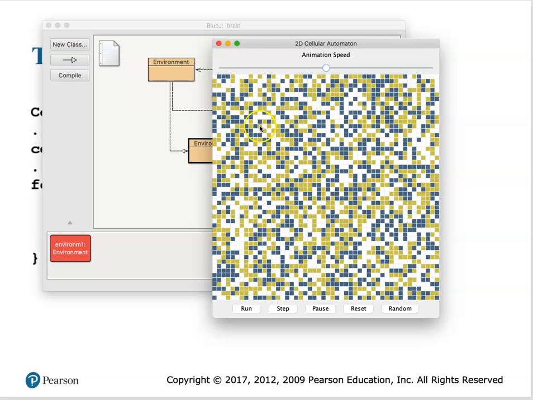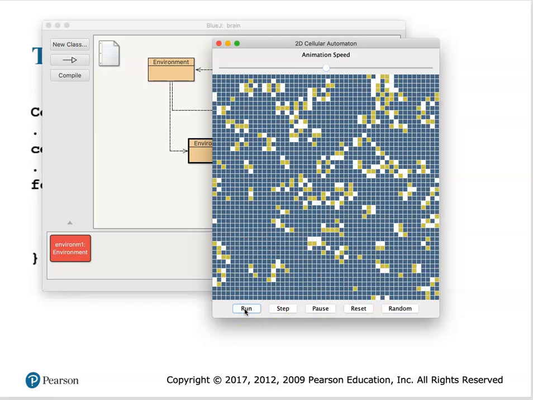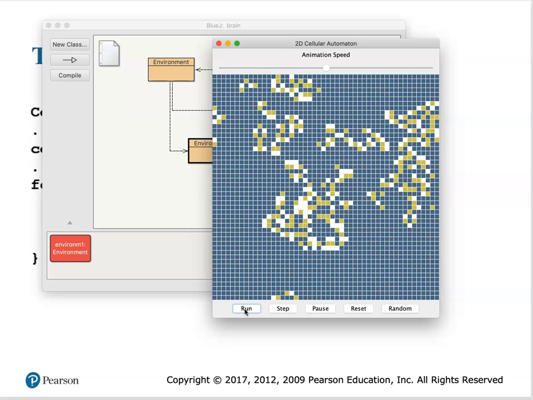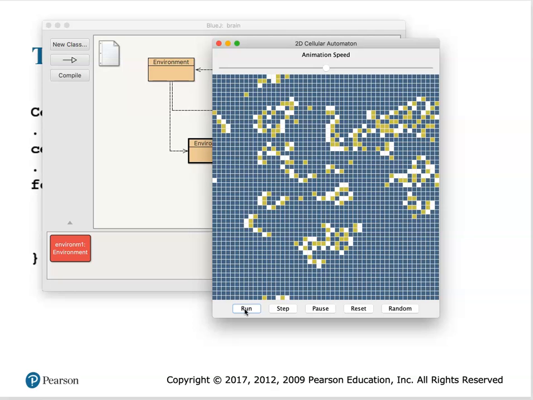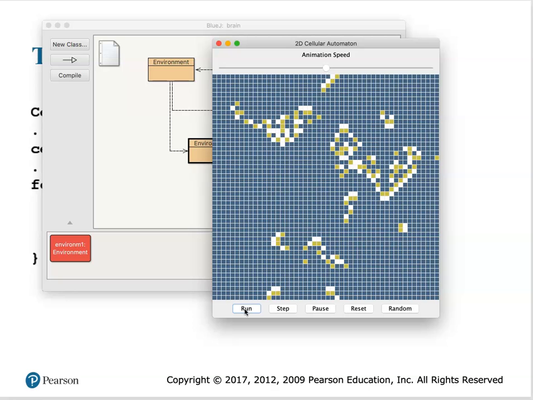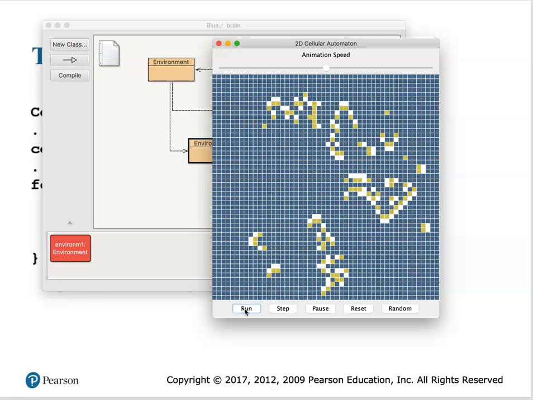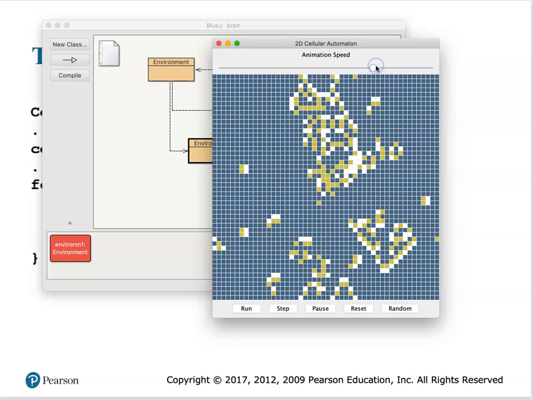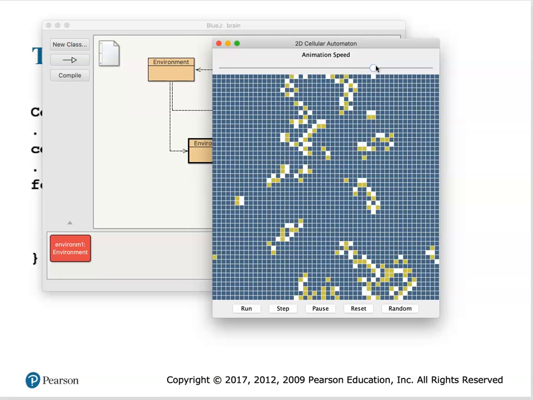Okay, so you want to pay attention to the white cells. The white cells are the ones that are alive, and you could remap those colors if you wanted to. I'm going to run this, and you can see that, almost immediately the number of white cells drops off. So similar to Game of Life, what we're seeing, I'm going to increase the animation speed here,